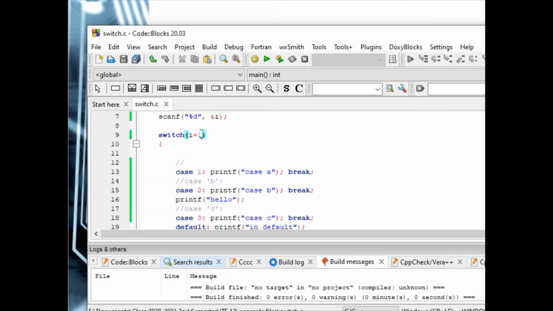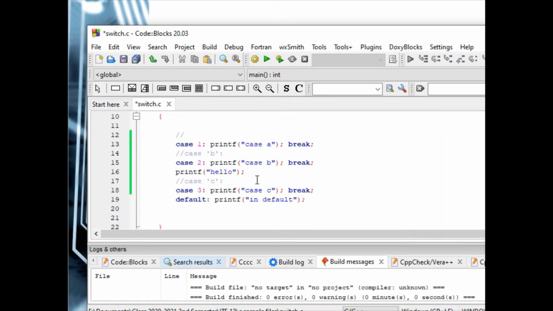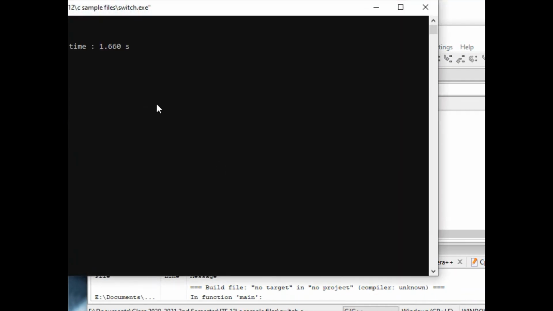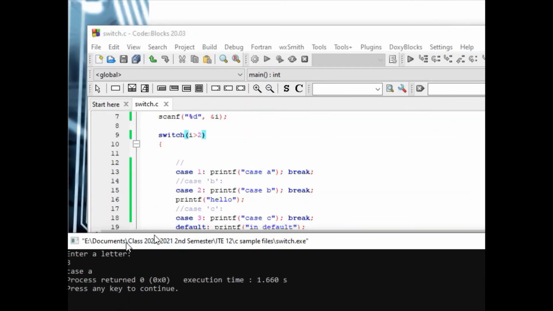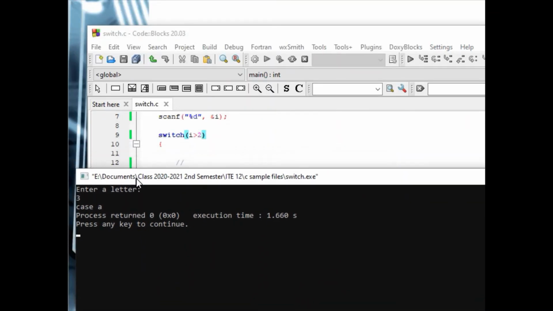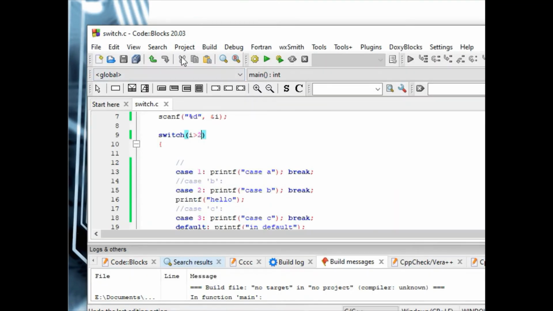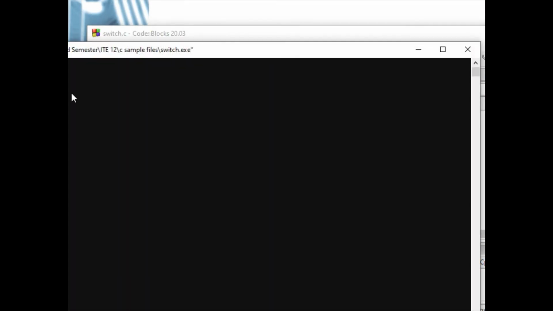So, I greater than, less than. For example, I must be greater than 2. So, if it is 3, it will not enter the switch statement. Let's run it with 3. Oh, it entered. Okay. So, since our input is 3, and 3 is greater than 2, this is true. So, it enters the switch. If, for example, the input is 2, 2 is not greater than 2. So, it will go